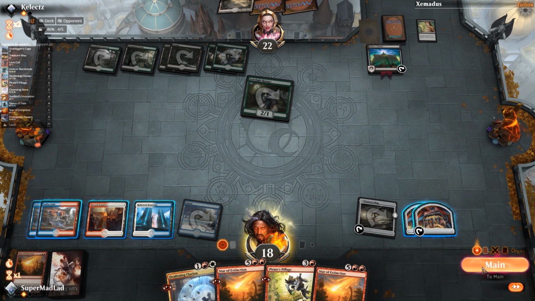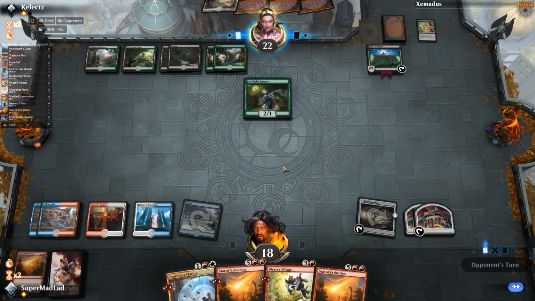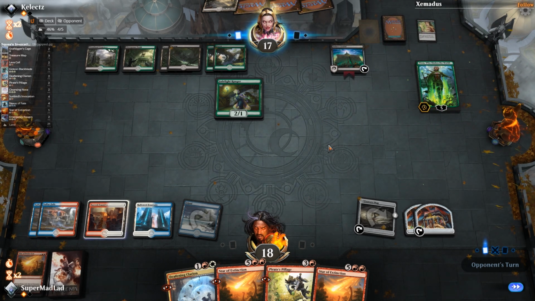I just want all board wipes. All the wipes, fine for me. And pass them up. I'll take 2 in order to stop my opponent from going wide with the Citadel. Remember, they can gain as much life as they want. I have an infinite damage combo, so